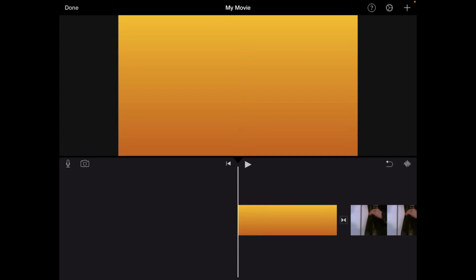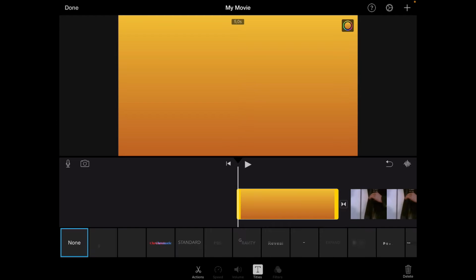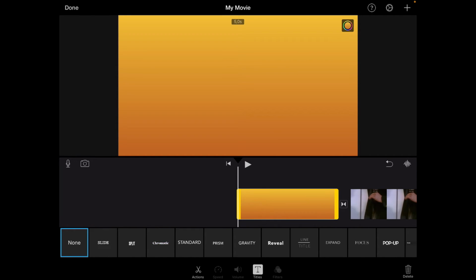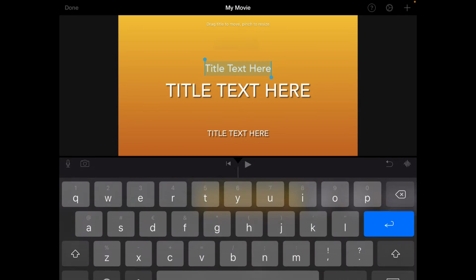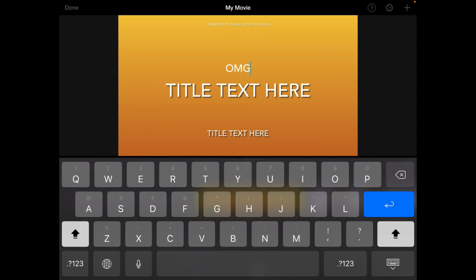Okay, so here you wanna say anything, like, for example, just pick any text you want to do. Like, I want to do standard. So I'm just gonna type like, OMG guys, I hatched